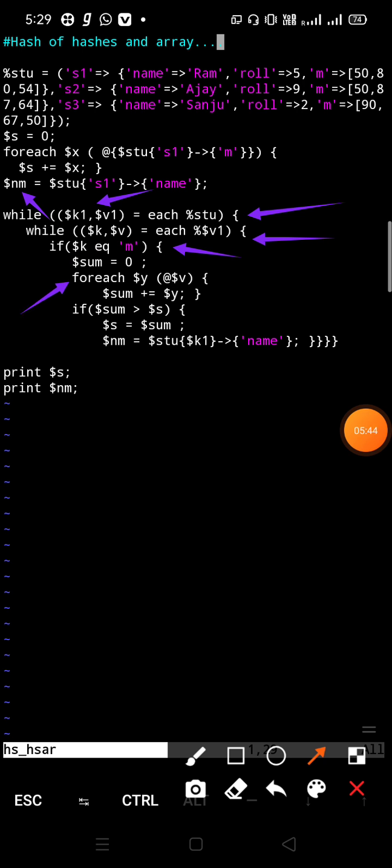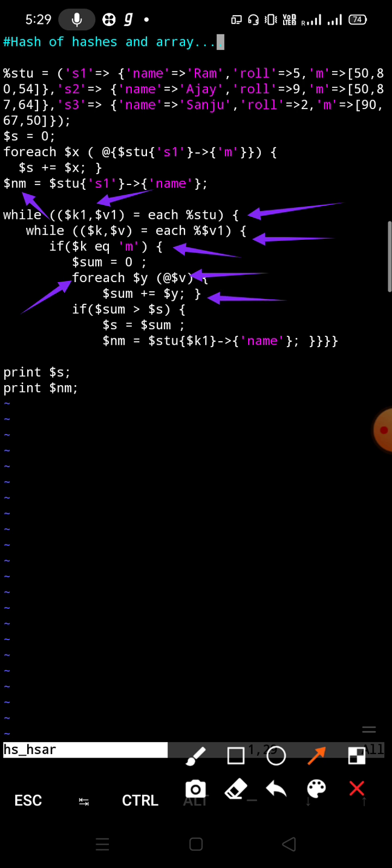So again we are using a foreach loop. Remember that a foreach loop is necessary for the array and a while loop is used for the hash. Now foreach $y is the variable which will store each mark at a time, and @$v is the array which will contain the marks.